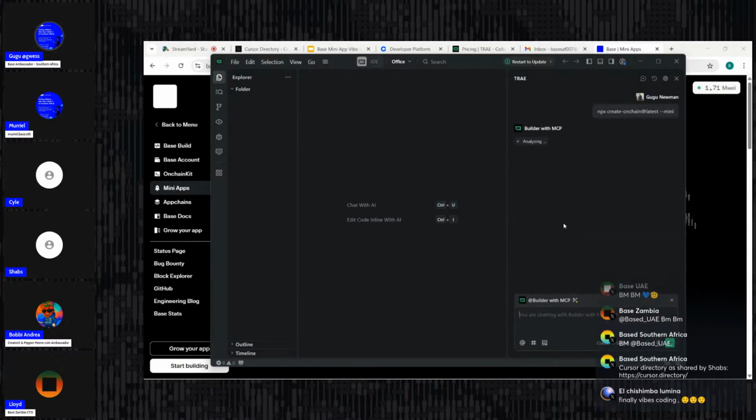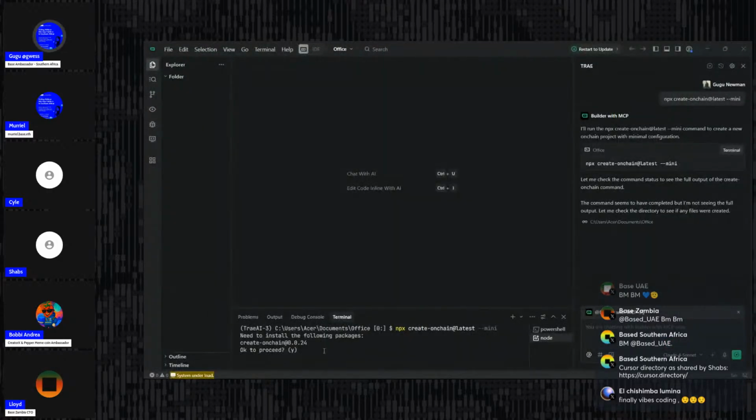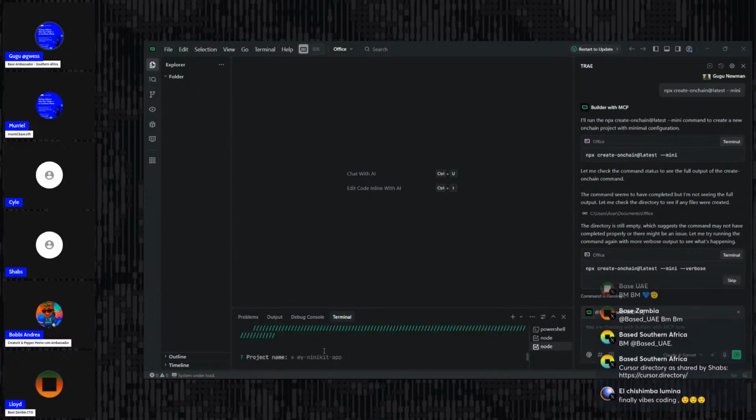So you click, I hope it's not going to freeze my system, but let's pray. So you enter that code. You can enter it in the terminal, by the way, or you can just enter it in the chat. It's going to install into my system, and then it's going to ask me here to proceed, just press enter, and then it's going to download those. So you need an internet connection, guys, by the way, to be able to download and install this, because it's installing it from the internet.